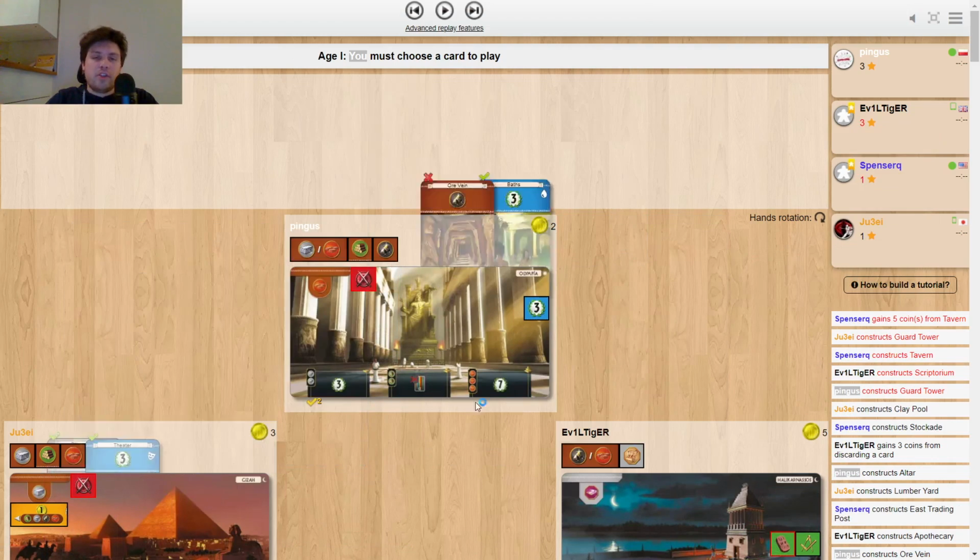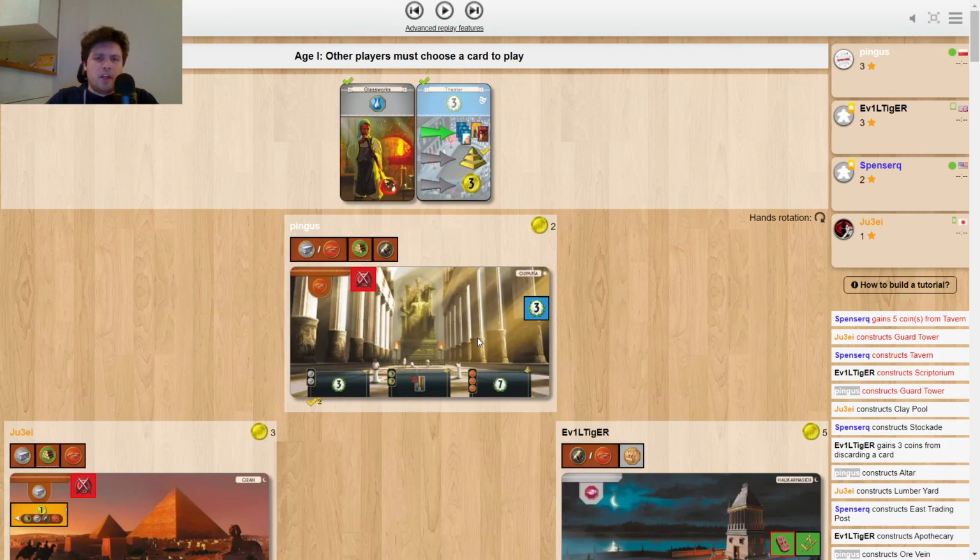And the next guard tower is, of course, not gonna make it. Here, there is only one choice. And I already selected that. I'm sorry, but when you think about it a lot,